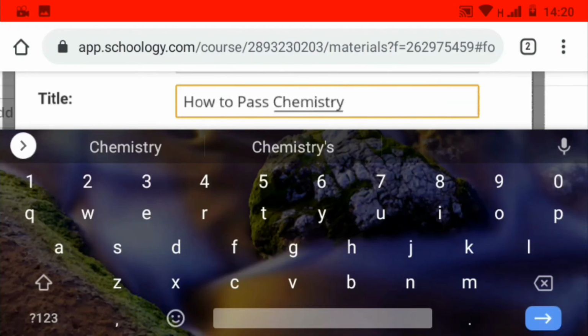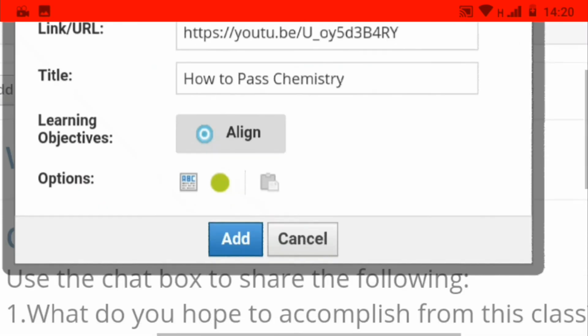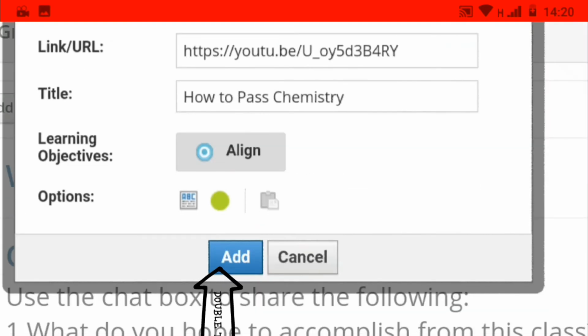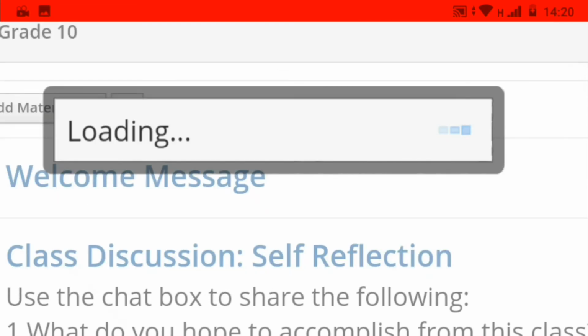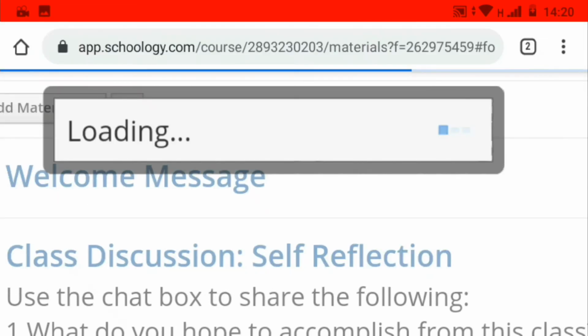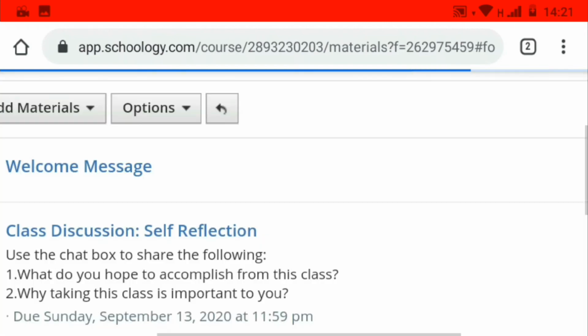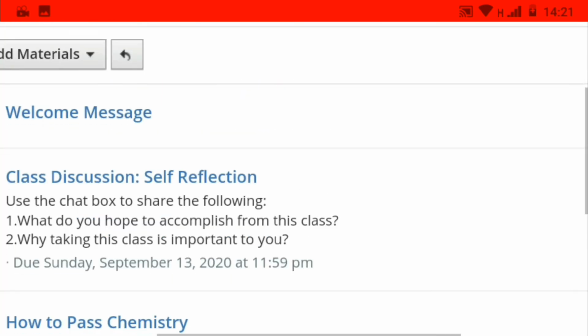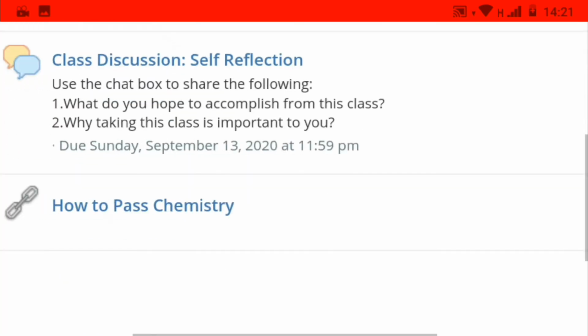Once I'm through adding the title, I'm going to scroll down to the bottom of the page and then click Add. And this is what the end product looks like. So I have created my discussion and I have